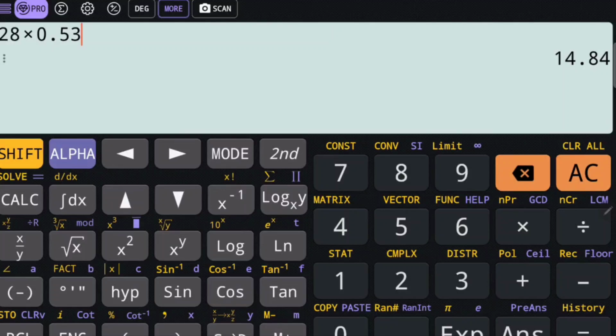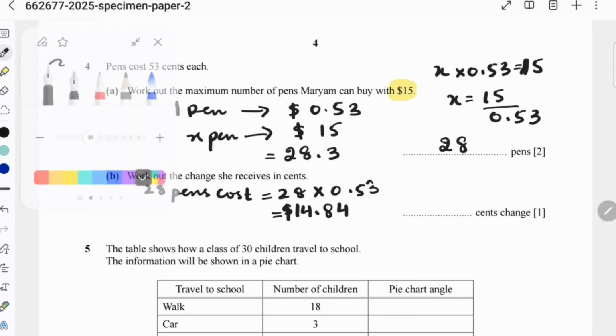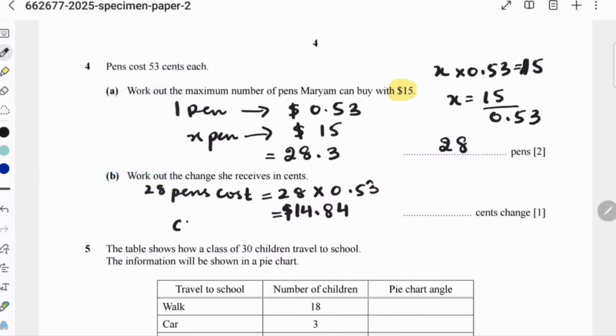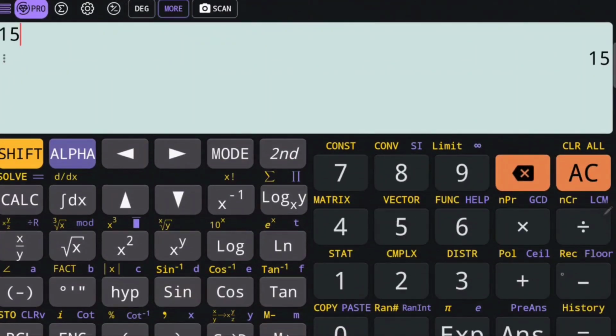It's becoming 14.84. Okay, so $14.84 will be the cost of 28 pence, but she spent $15, so she must be getting some change, which is a question. So change will be equal to 15 minus 14.48. 15 minus 14.48, which is becoming